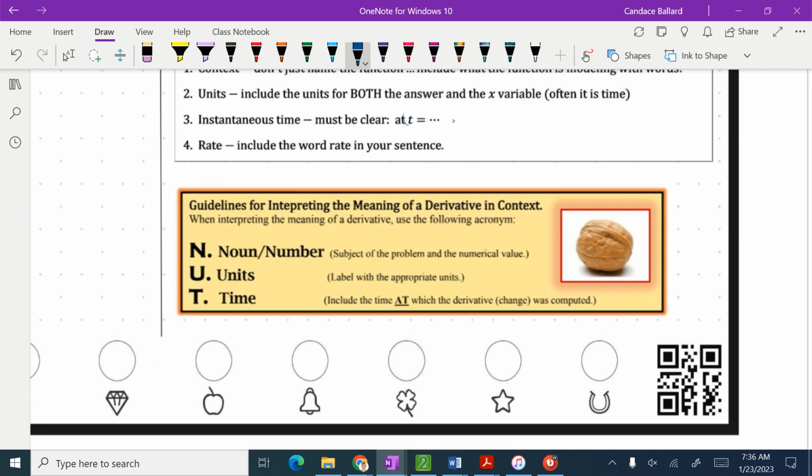Something to help you remember all of that stuff is the acronym NUT, okay? So N stands for nouns or numbers. So basically, you're rewriting the words of the problem, the subject of the problem, okay? Units is of whatever the appropriate units are. And if it's a derivative, it's something per something. Okay. If it's a second derivative, it's something per something per something. Right. And then the time, include at when the derivative,